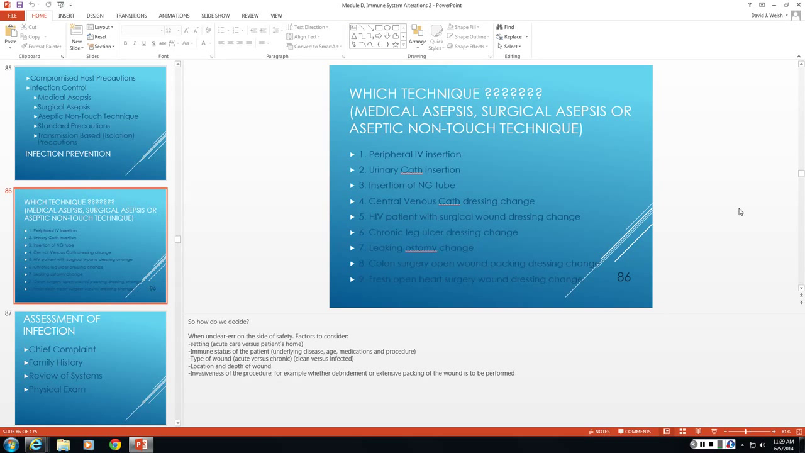Okay, go through these and answer them and figure out. So when it's unclear, err on the side of safety. So factors to consider when you're looking at these is the setting, is it acute care versus a patient's home. Their immune status of the patient. So is there underlying disease, age, medications, procedure? The type of wound. Is it acute versus chronic? Is it clean versus infected? The location and depth of the wound. And the invasiveness of the procedure, for example, whether debridement or extensive packing of the wound is to be performed. That helps you to make